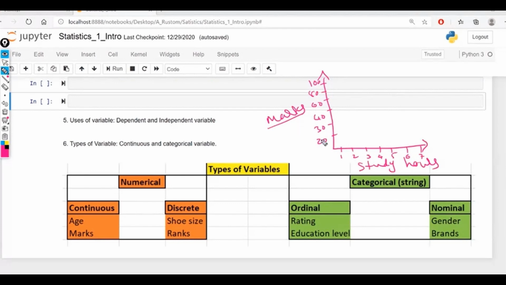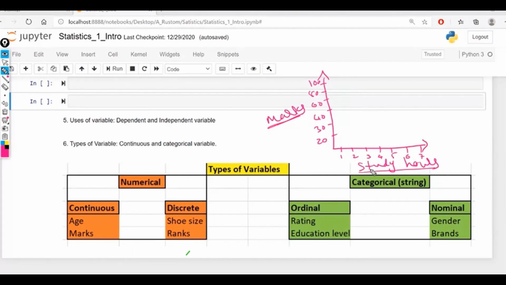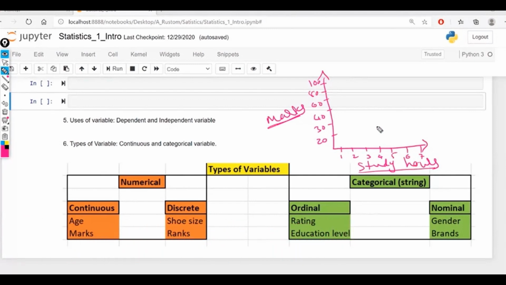Suppose marks is one variable and study hours is also one variable. First of all, let's understand what a variable is. These are all variables, and what is dependent and what is independent? Do you know beforehand that you are going to get 60 marks if you study 5 hours? We don't know. We don't know how many marks I'm going to get if I study 1 hour, 2 hours, or 3 hours,